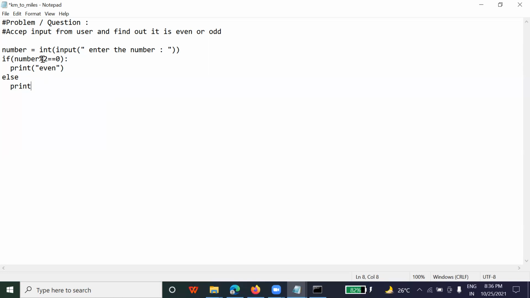No, it is a percentage. It's a mod operator. I explained the mod operator in the earlier part. Mod will give you the remainder. When you divide any number by 2, this percentage symbol is the mod operator. If you get a remainder equal to 0, they are called even. Otherwise, they are called odd.